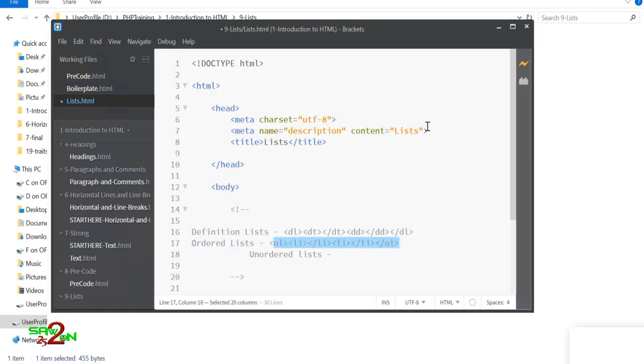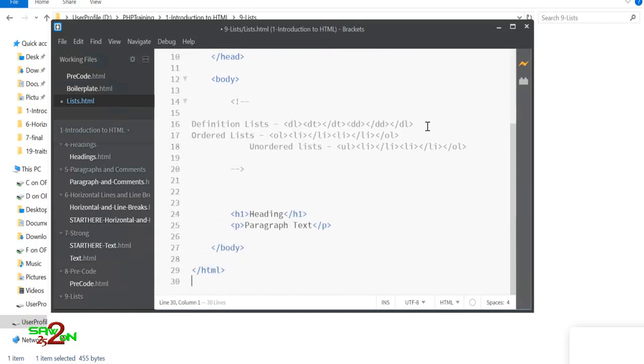And similarly for an unordered list, you have something called UL. Okay, UL means unordered list. Similarly in UL also you have LI, and each LI is represented with a bullet point. Basically it is unordered, so you will not have numbering there. Instead of numbering, you will have bullet points. Okay, so let's write an example and understand how this looks.